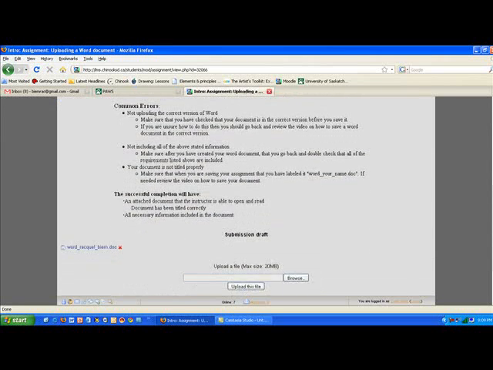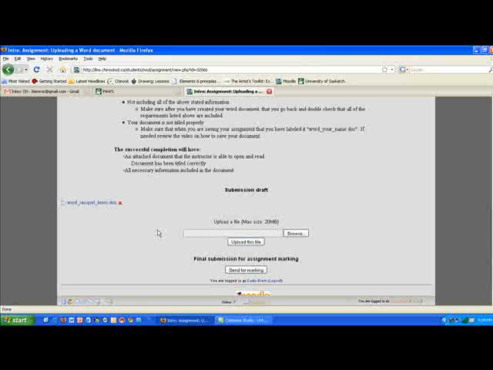Now, as we scroll down, I can see that I have submitted this assignment. There is another button down here that says send for marking. Some of your assignments may have that and some may not. It's going to depend on whether your instructor has set that up for you. Whether you click send for marking or not, your instructor is still going to be able to read this